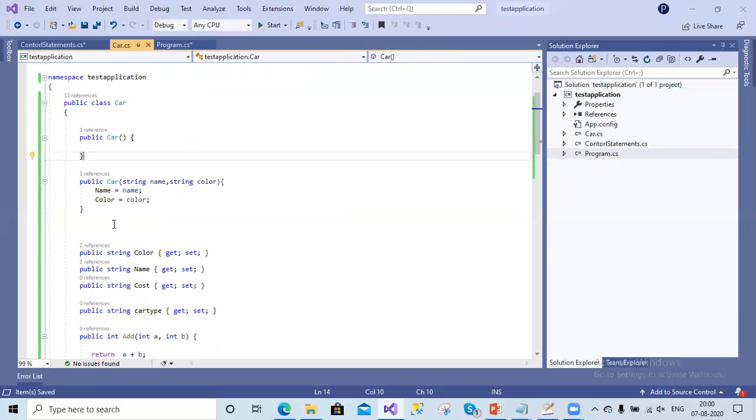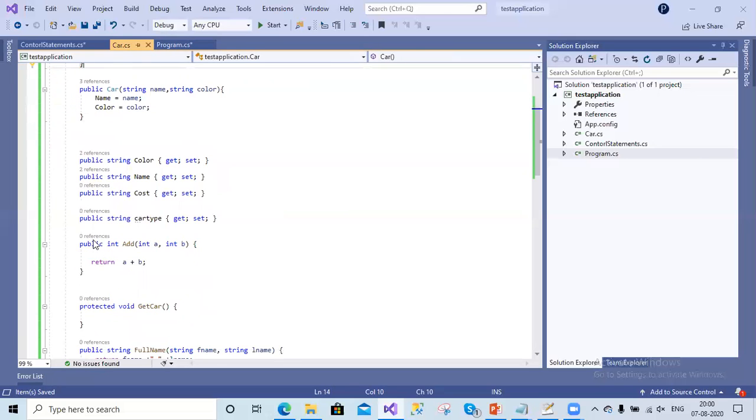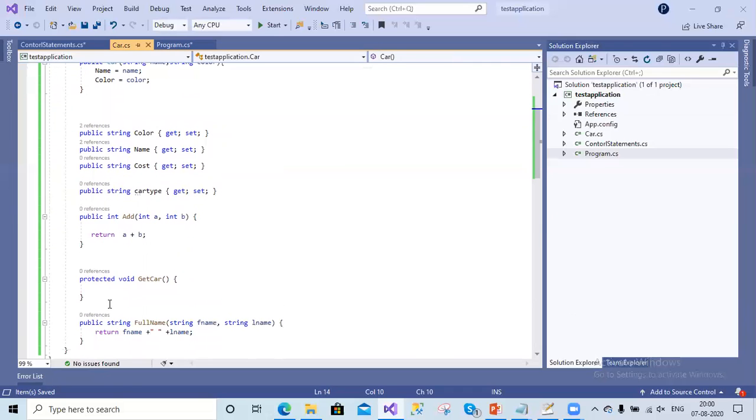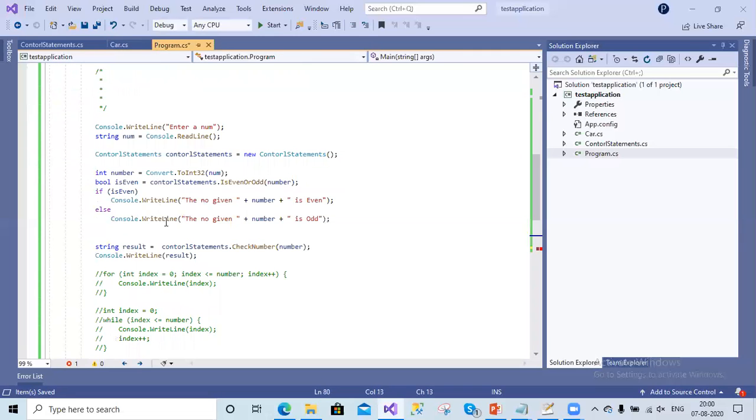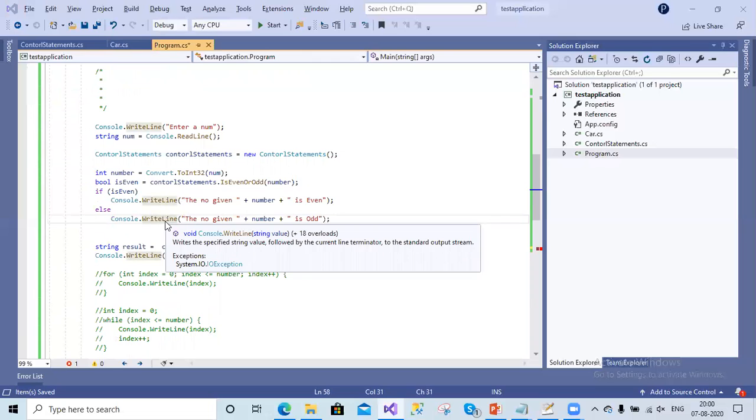If you have any protected members or protected methods in the parent class, those methods will be only available within its child classes. So this is the child class for the car. Only those methods and properties will be available within its child class. Otherwise, you cannot see these methods outside in other classes. Clear? So this is what protected will do.